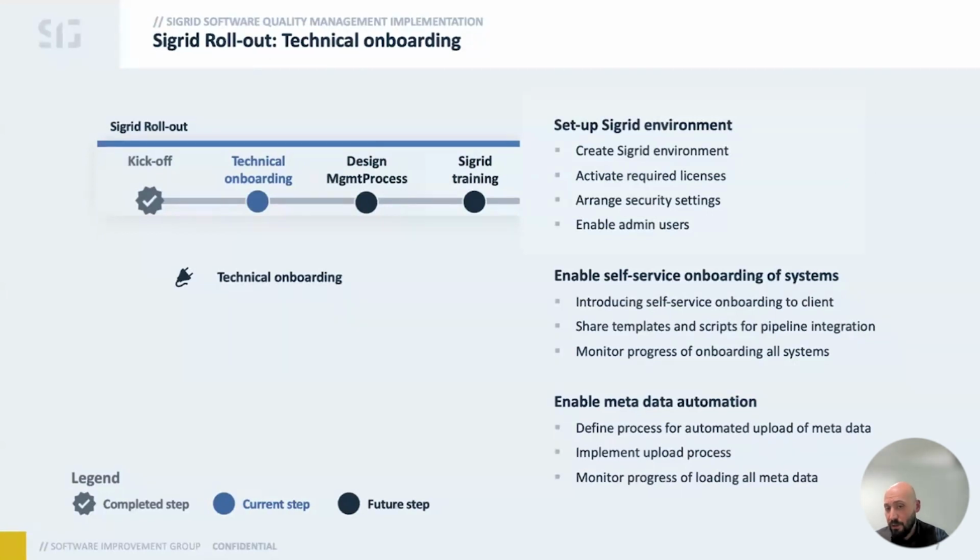Once that is done, we look at the self-service onboarding phase, when we target that people are self-empowered, especially nowadays, where you see that development teams are more autonomous. They work like self-managed. They work in their own teams, and it's not centrally managed. So that's why it's important that we have a quality responsible, or maybe a quality admin in each team that is able to manage that in Sigrid, him or herself. So that phase of self-service onboarding and training is very important and crucial.